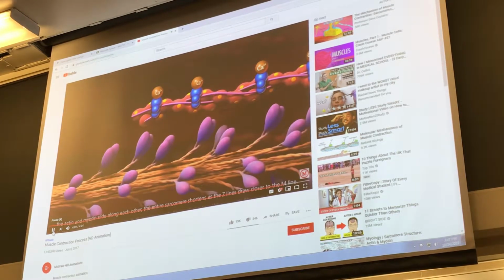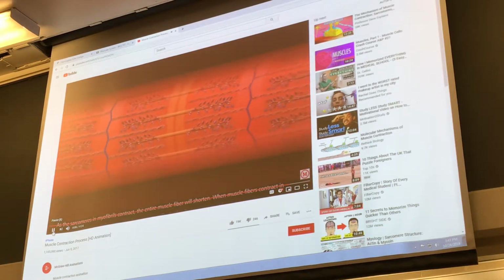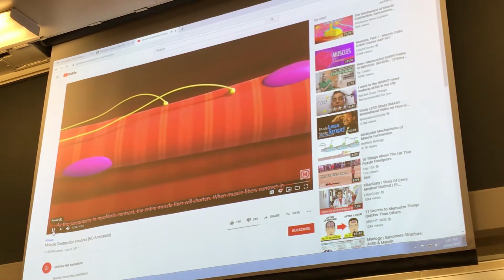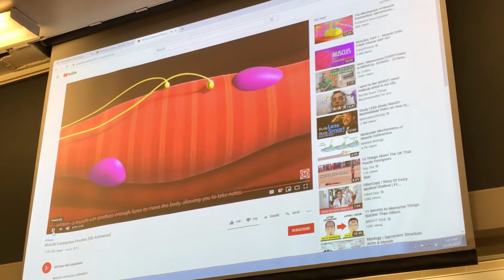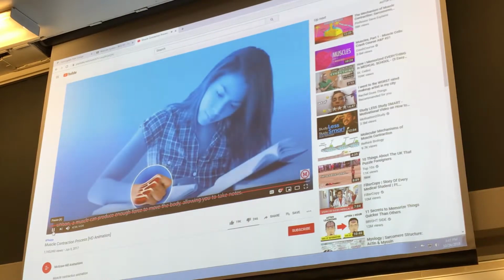As the actin and myosin slide along each other, the entire sarcomere shortens as the Z lines draw closer to the M line. As the sarcomeres in myofibrils contract, the entire muscle fiber will shorten. When muscle fibers contract in unison, a muscle can produce enough force to move the body, allowing you to take